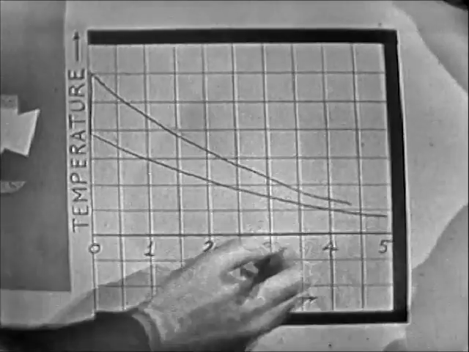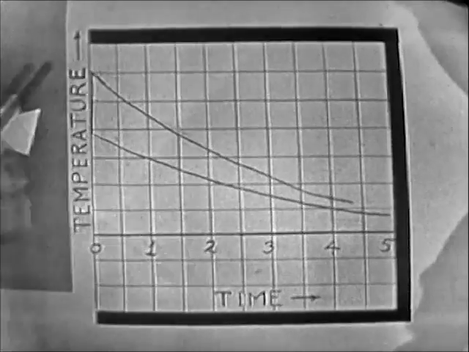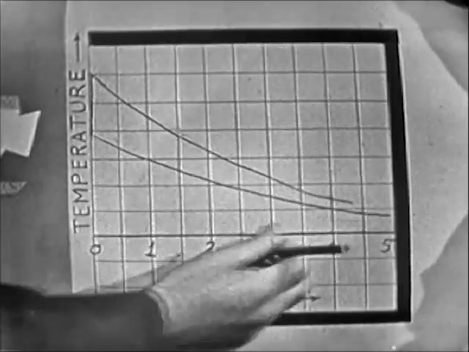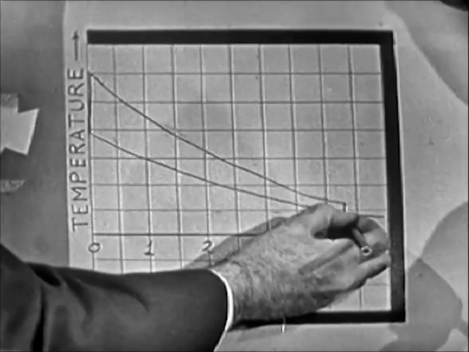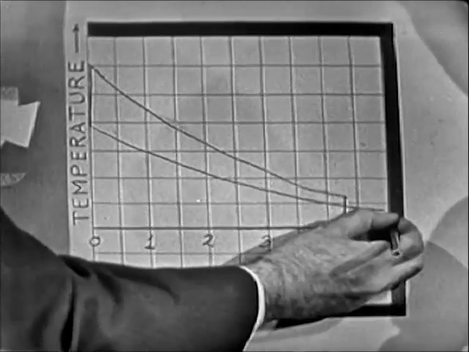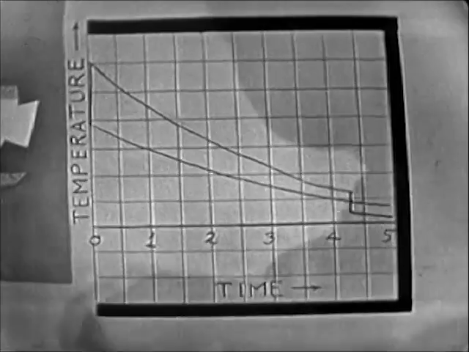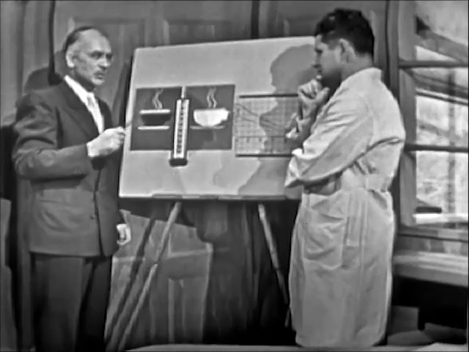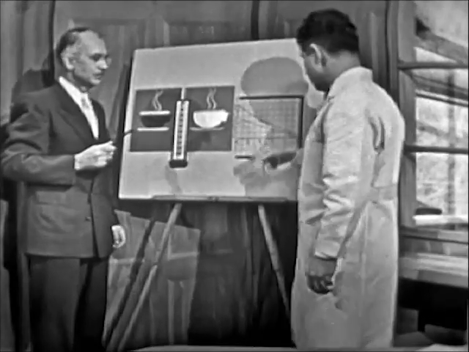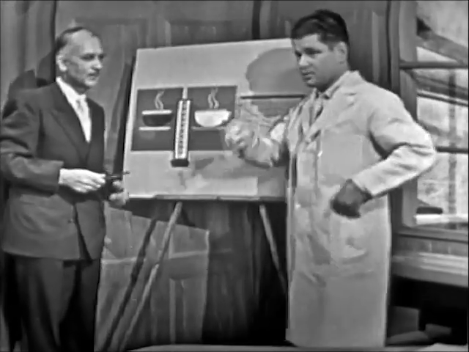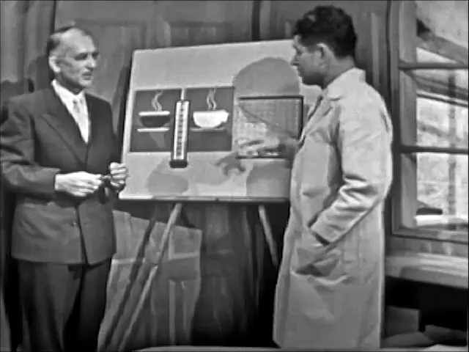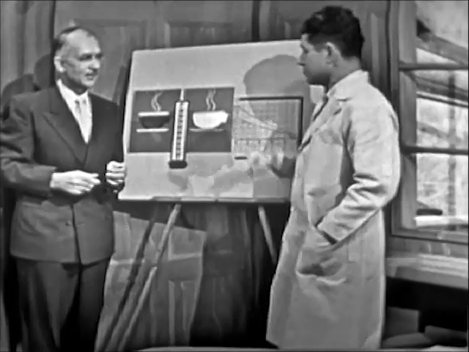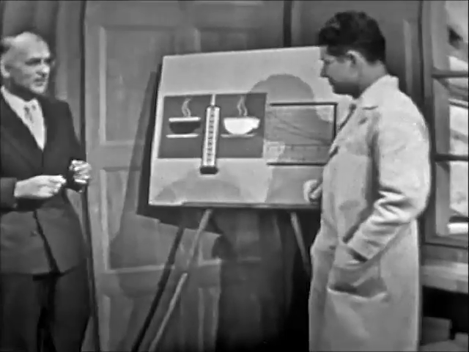Oh, yes. But now don't forget, we haven't added the cream to this one yet. Oh, yes, the first one. So now if we add the cream here at this point, it cools down below the other one and goes on. So now if you want your coffee to be hot at the end of 5 minutes, are you going to add the cream first or at the end of the time? Well, the thing to do, quite obviously, from this graph is to put the cream in first, and at the end of 5 minutes, you'll have the hotter coffee than if you added the cream at the end of that period. That's right. Just the opposite from what you might think.